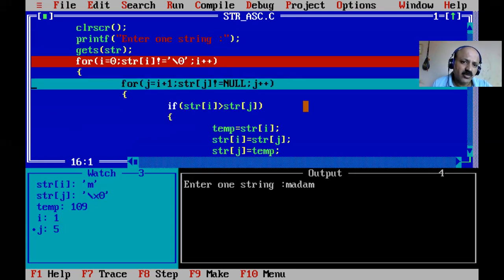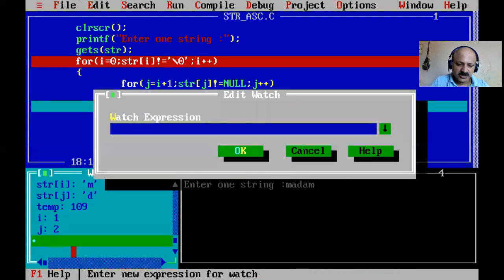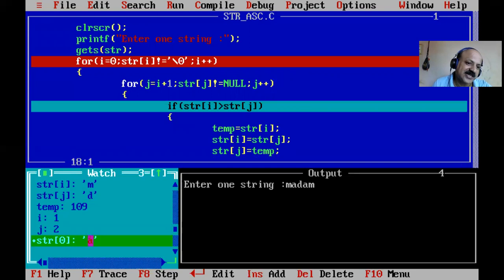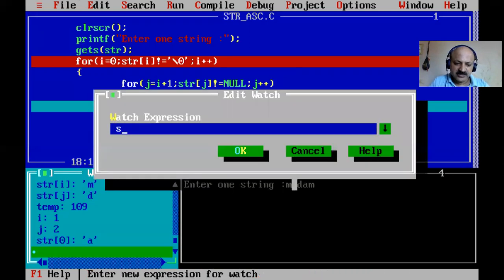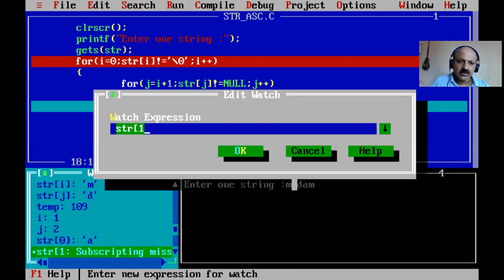So now I plus plus, and then again J is I plus 1. So I is 1. So J is 2. And then here I just show you our first zero position, like str of 0, the first element. In the first iteration A is set. Now the second array position, str of 1, is set in the second iteration. So that is A, now yes I is set to 1.